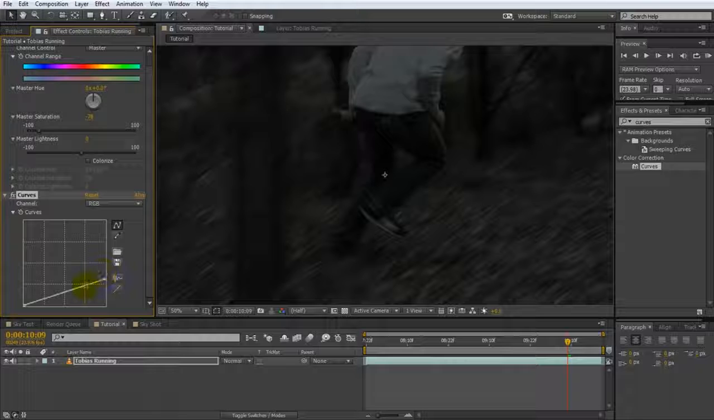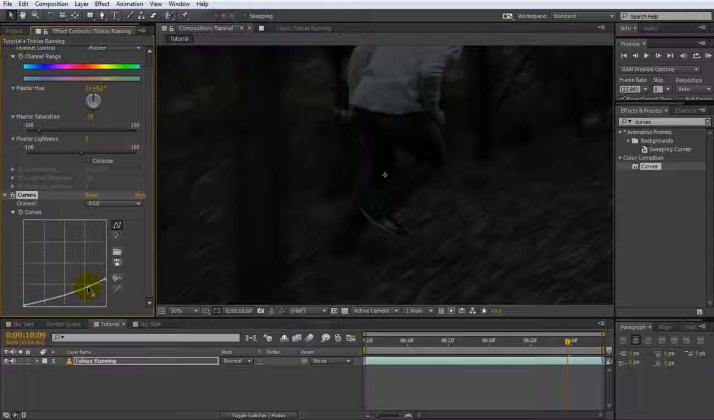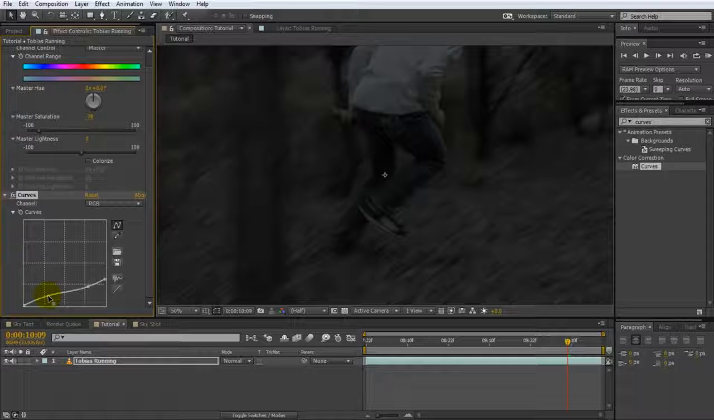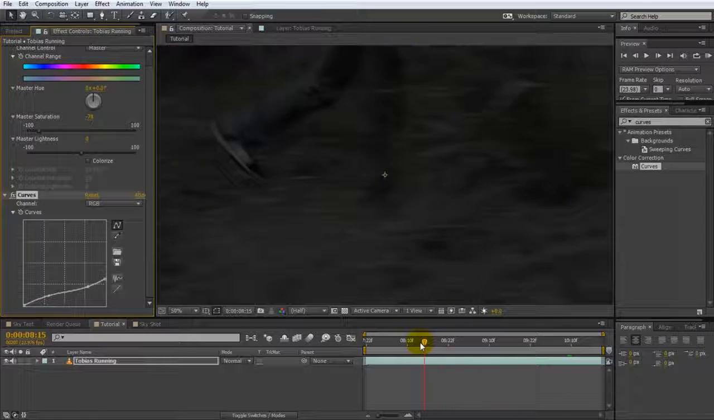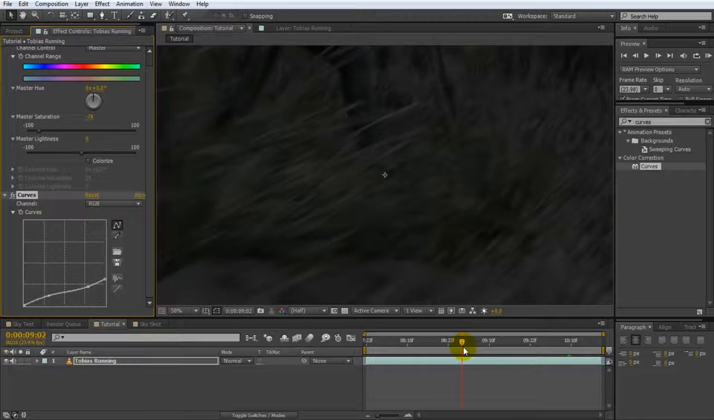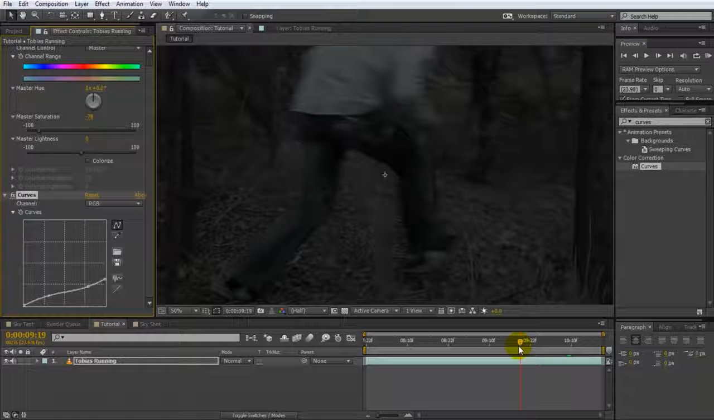Next, create another point on the RGB curve just to the left and push it down to further reduce the bright areas in your clip, like my shirt. Then go over to the left side of the curve where the blacks sit and add another point. Bring this one up to slightly brighten the dark areas of your footage to even out the video. Let's have a quick look at what we have so far. I'd say that looks pretty cool, but it still doesn't look like a night shot,